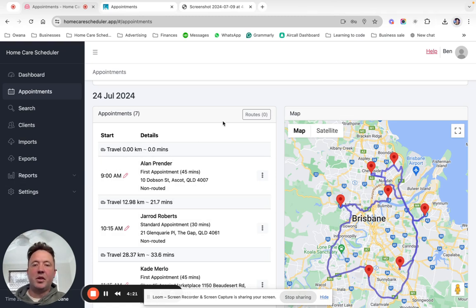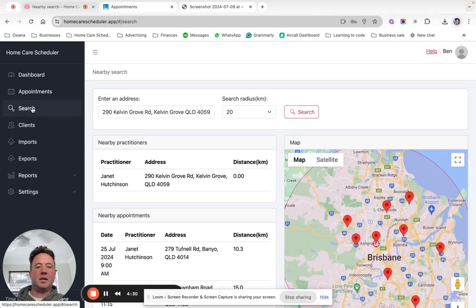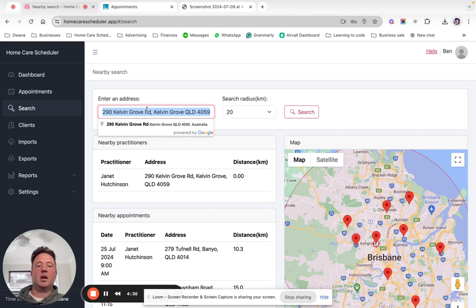We also have some more things in this that we can do with route optimization, but I'll show you some more functions before we get into that. The next thing that's pretty cool is we have a search function. So if you were to, let's say that we had a,